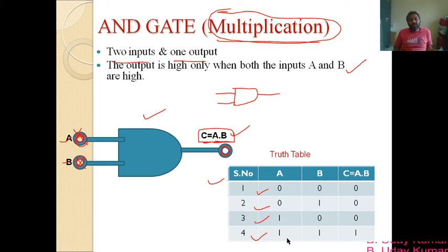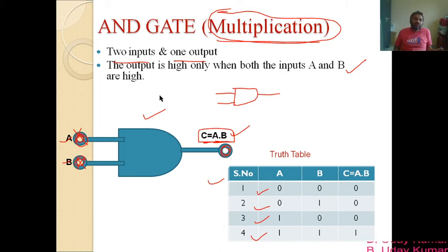And similarly, if you give high potential to both the input terminals, then also it is found that the output is high. So based on this truth table, now you can define the AND gate. So what is AND gate? Now observe this truth table of AND gate. Please check it out. In this table, the output values are given by 0 0 0 and 1. So we are getting 1 only when both the inputs are 1, right? This definition you can use to define the AND gate.